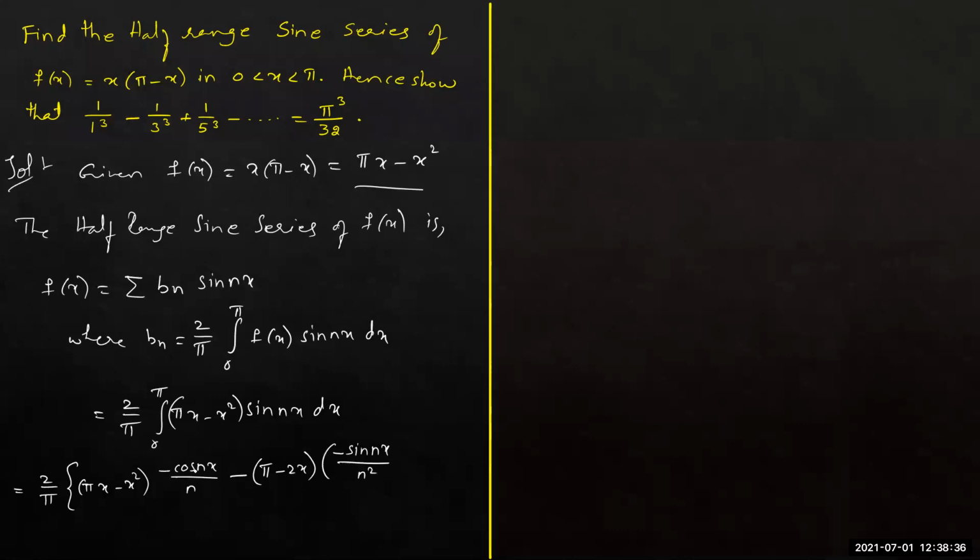Normally, when you integrate cos nx, we'll get sine nx by n. But there is already a minus 1 by n, so I've continued that. Then plus, we need to differentiate this pi minus 2x. When you differentiate pi minus 2x, it is minus 2 into, when you integrate, the minus is there already. When you integrate sine nx, we'll get again minus cos nx. So minus of minus becomes plus cos nx divided by n, but already there is n square, so we'll get n cube.